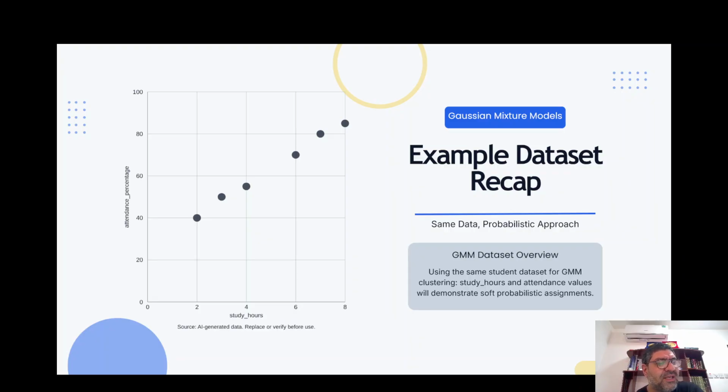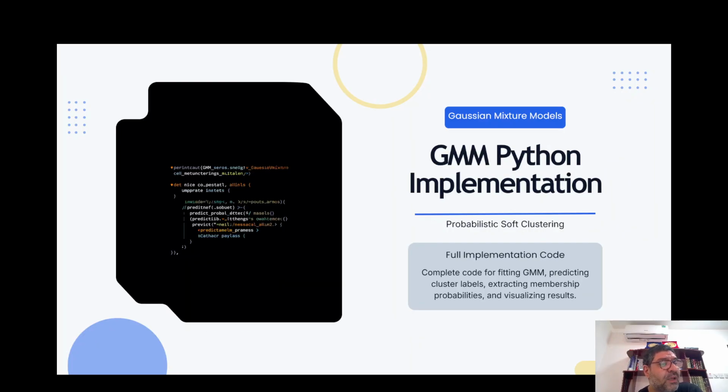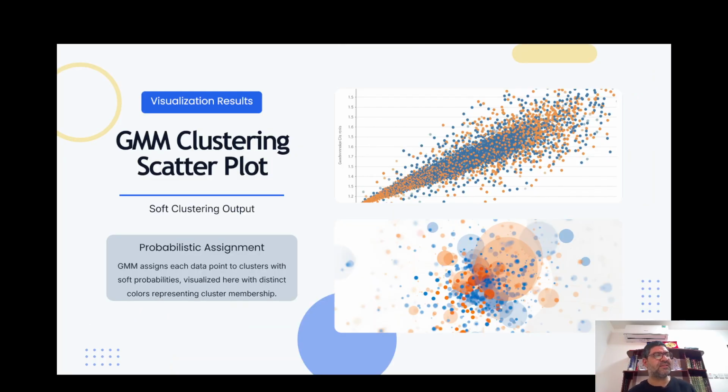So we can just take an example of the same data set we have seen. You can just see it is taking the study hours and the attendance, and we can demonstrate the probability of a particular student belonging to one cluster or the other cluster based on these two things. So it will be demonstrating the soft probabilistic assignments. So soft probability, soft clustering, not the hard one. So definitely now we are in a position to take this